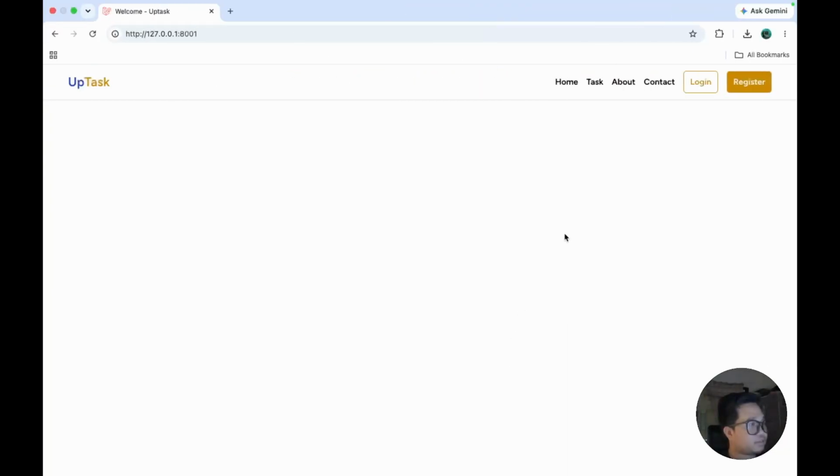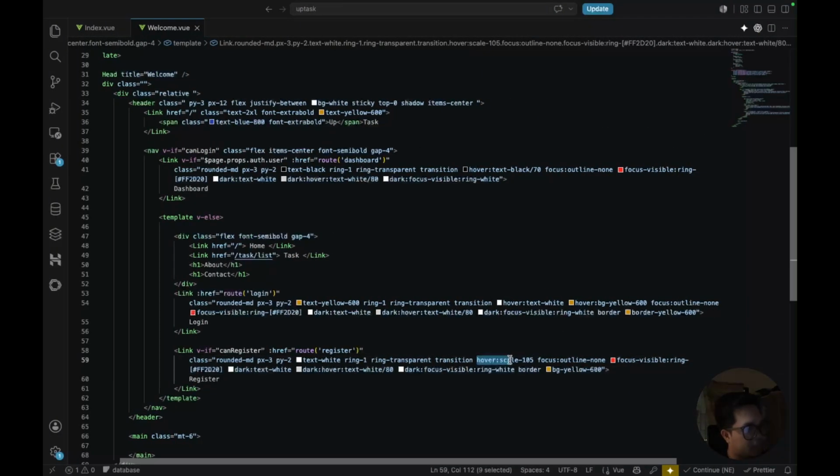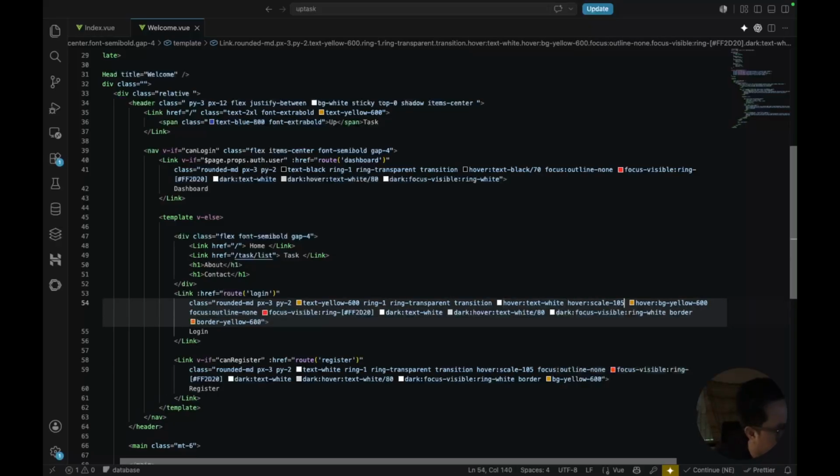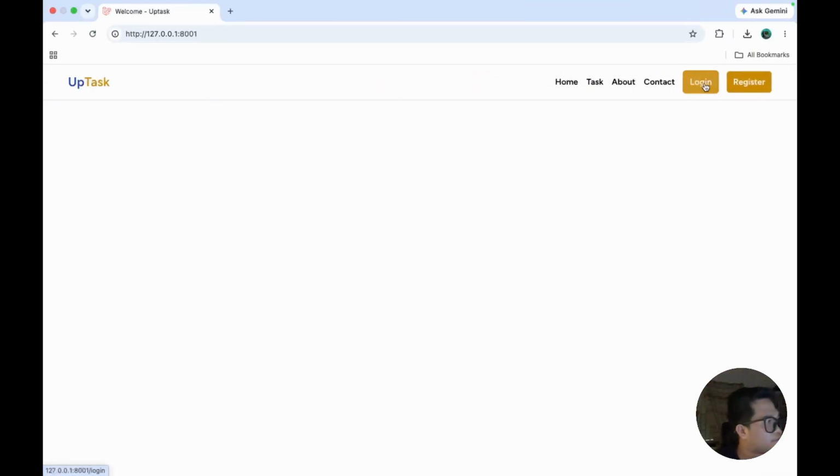So instead we can make it like also the copy, and also in the login we can make it. You can see there's a motion become scale of 105. So now we have the nice